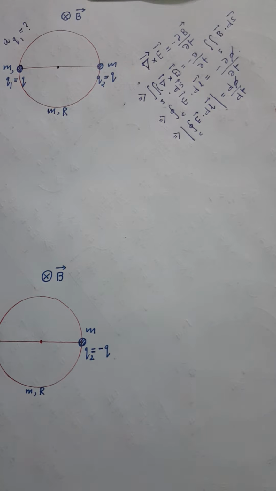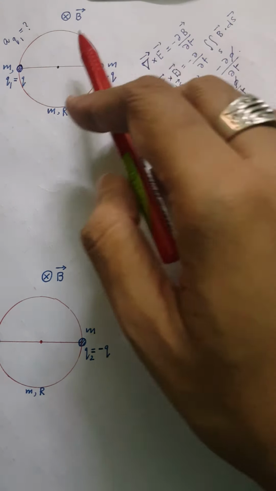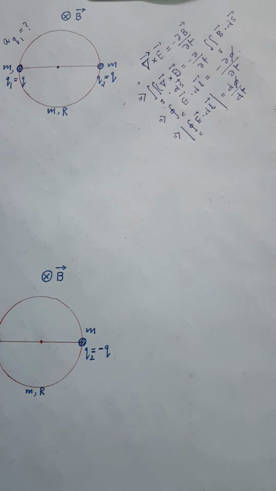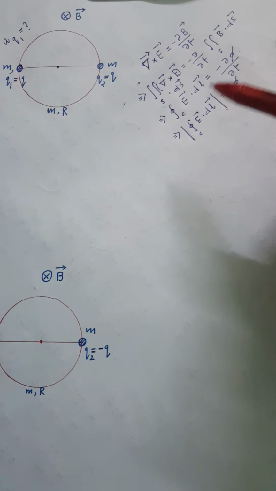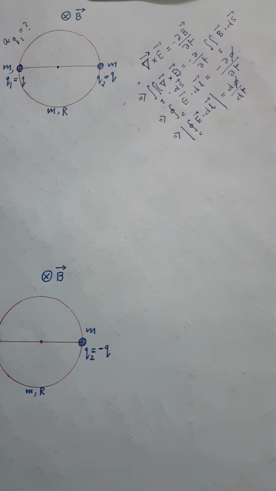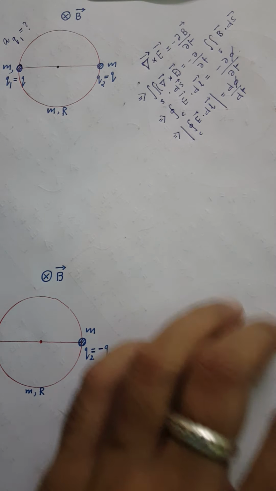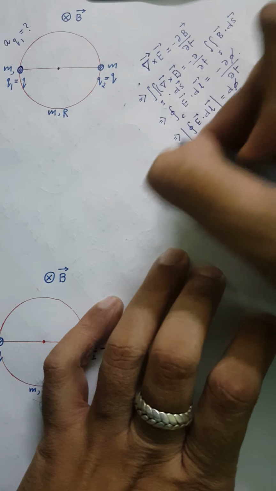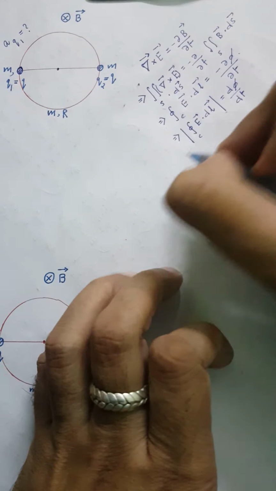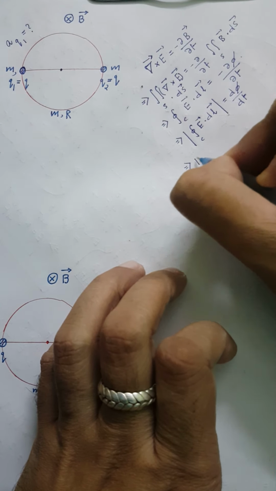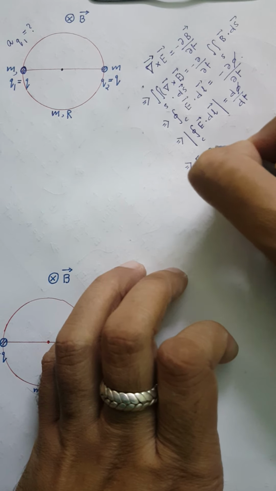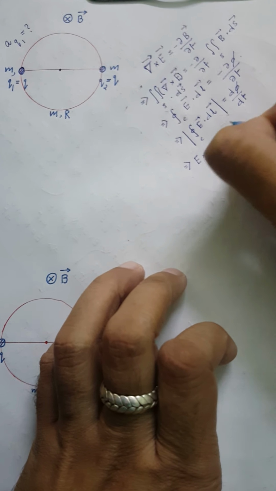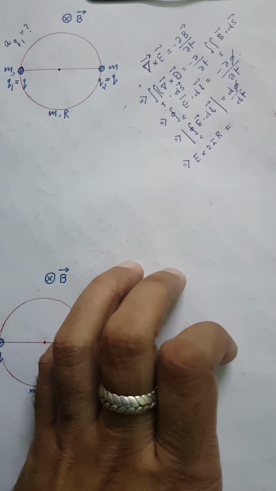Now once you know this, you please see, where is the charge q1 present? The charge q1 is present on the periphery of the disk. And if you do this line integral, basically what will you get? So this line integral of E dot dl, we can write it like, let me write here. So E into 2 pi r. What is E? E is the electric field, equals to d phi dt, right?